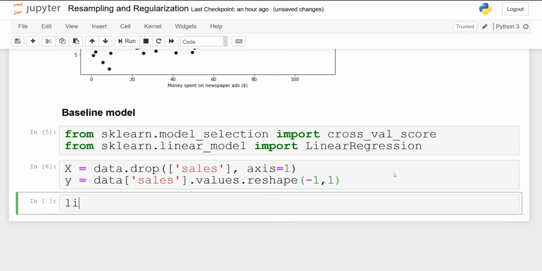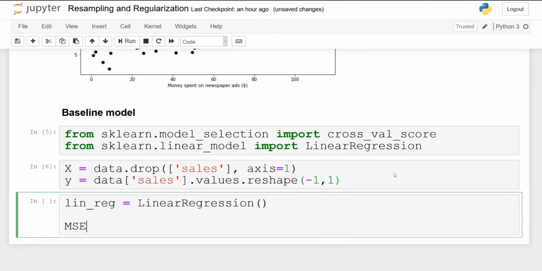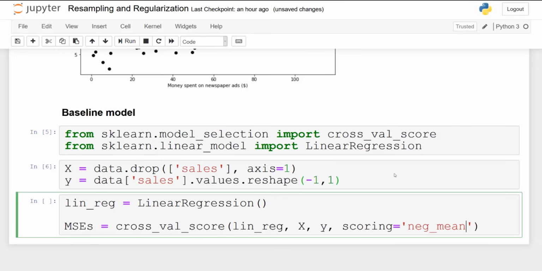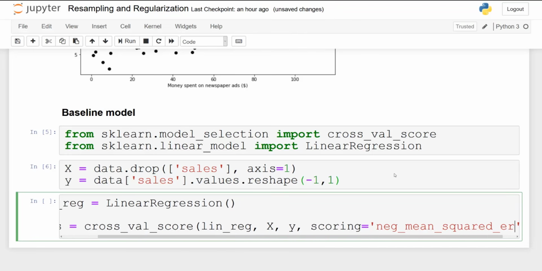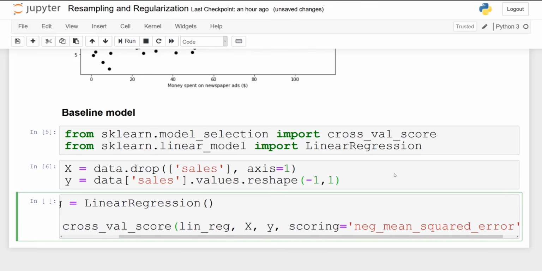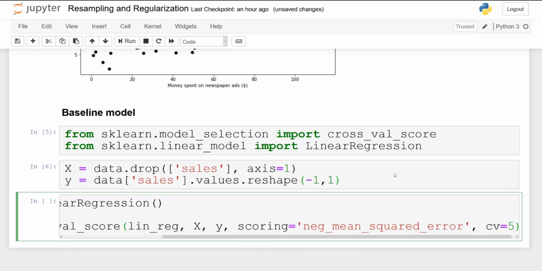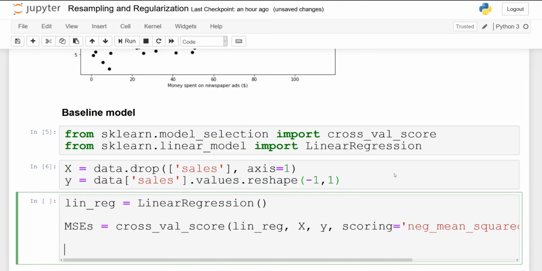Perfect. Now we will fit the model. First initialize it, LinearRegression, and then we will calculate the MSEs. We are going to use cross-validation here, calculate the mean squared error, and then we are going to average those errors. So you pass in the model, X, y. For the scoring, we need to use negative mean squared error as required by this library, and we do 5-fold cross-validation.